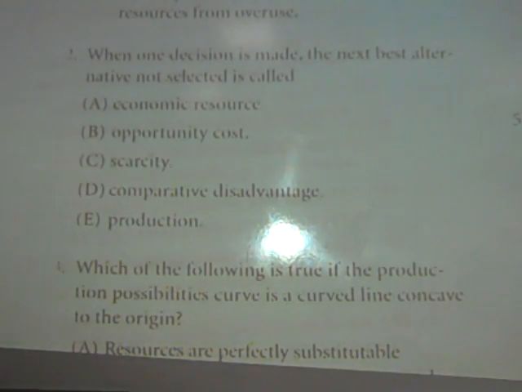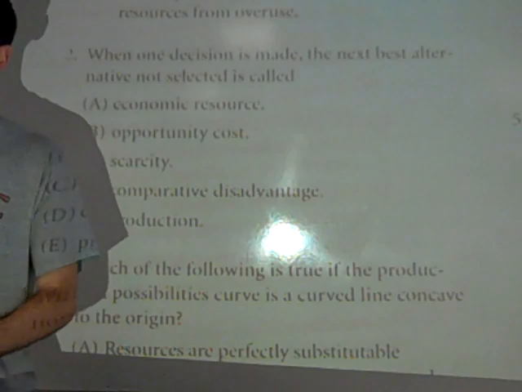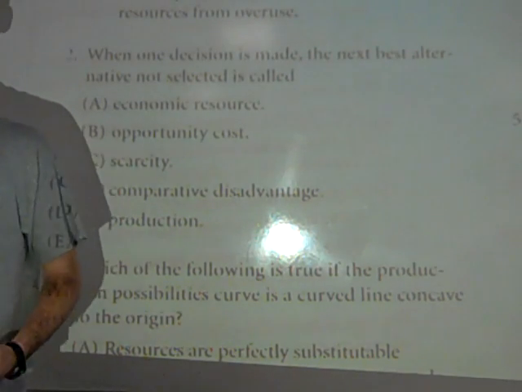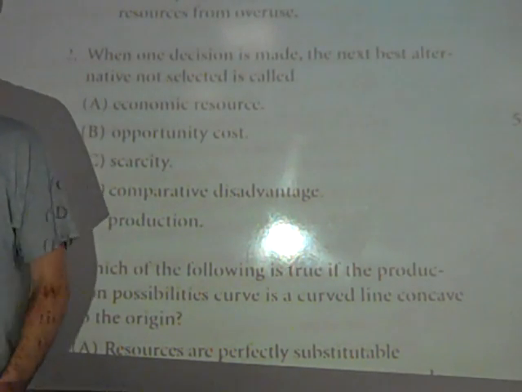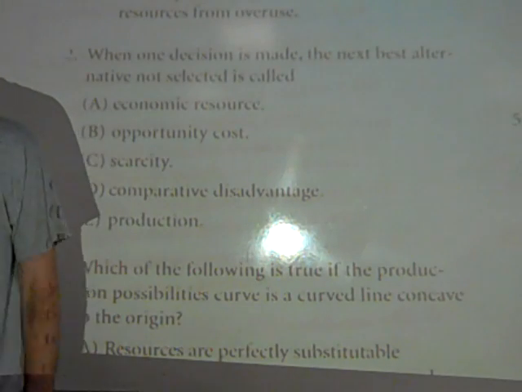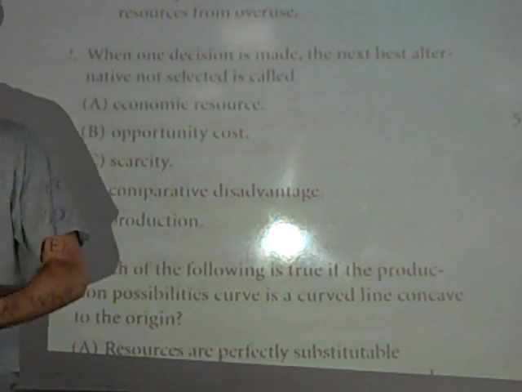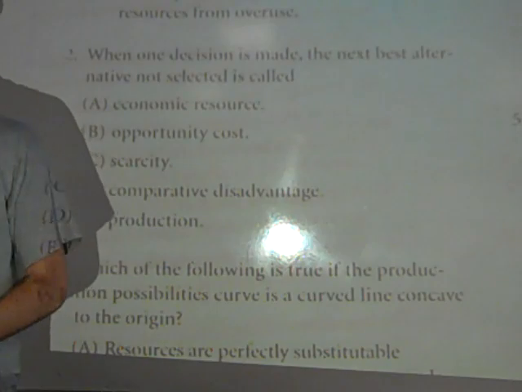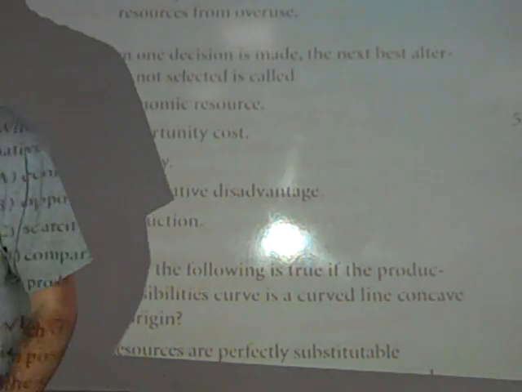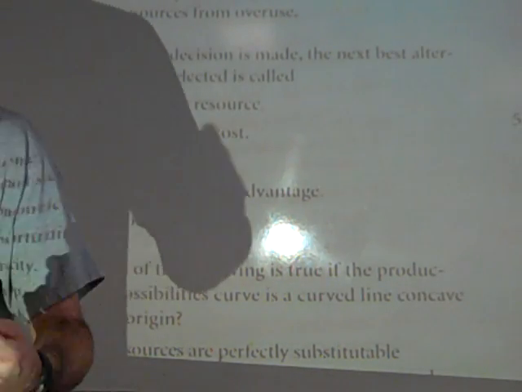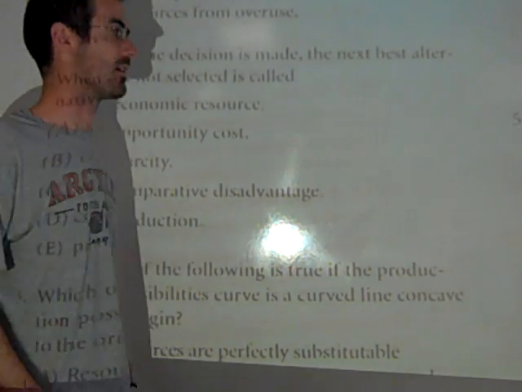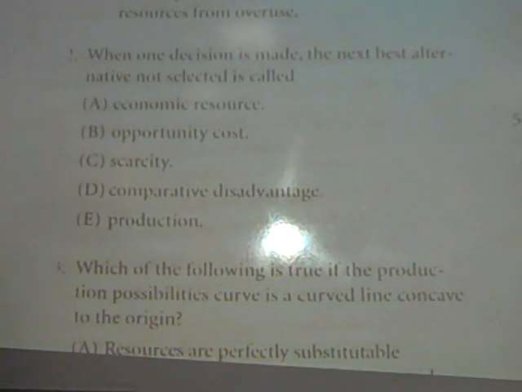Okay? They love to ask about opportunity cost because it's so fundamental. And they try to trick you into thinking it's financial cost. They try to trick you into saying, hey, what's the cost of going to college? And you write, oh, you have to buy books and tuition, and you gotta pay for somewhere to stay. And that's a trick. That's the financial cost. That's the money cost. The opportunity cost is what you would have bought with that money and how you would have used your time instead if you hadn't gone. What are your next best options for that money and that time that you're going to spend in college? What you gave up. Okay?